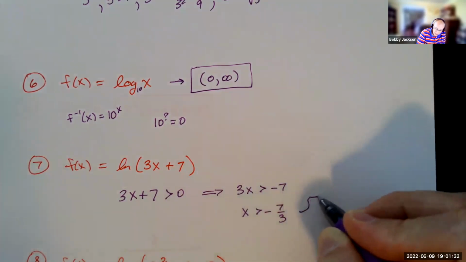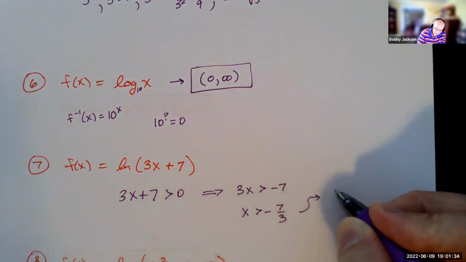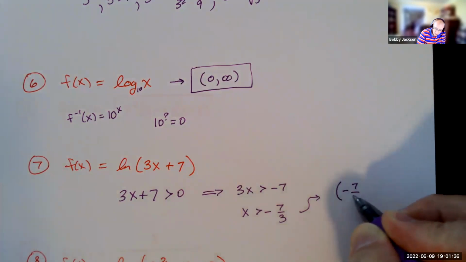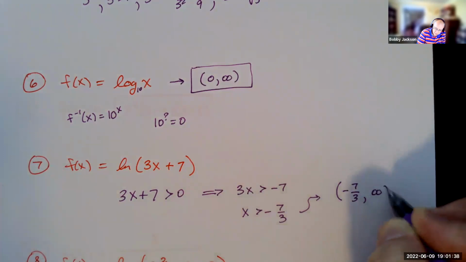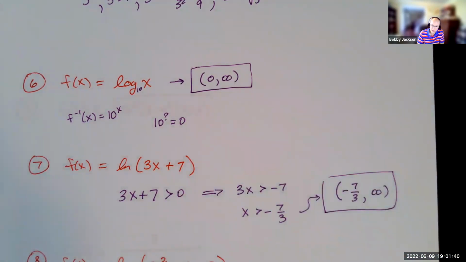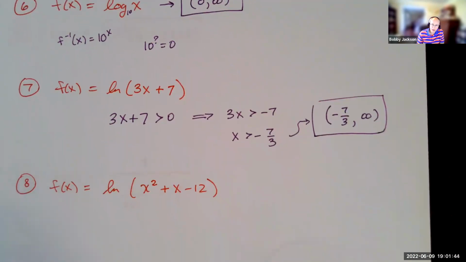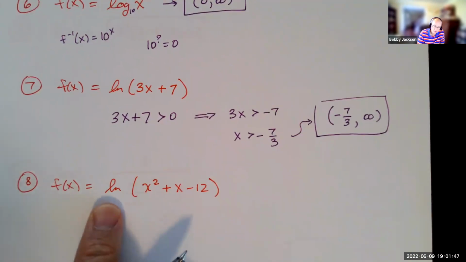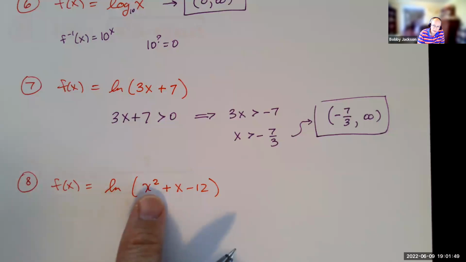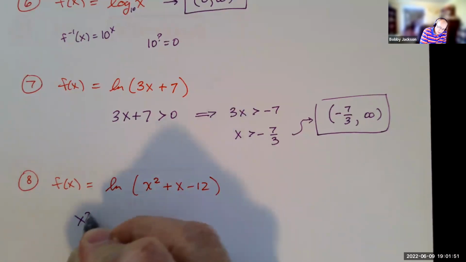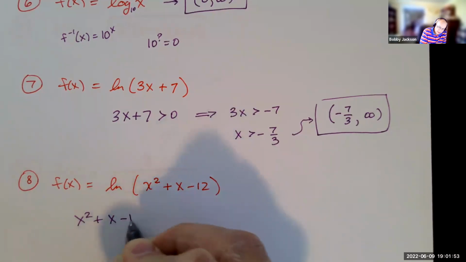So x is greater than negative 7/3. Don't include negative 7/3. There's the domain, everything greater than negative 7/3. So same thing here, another logarithmic function, again, base e. Here's the input. So we simply are going to take that input and we're going to make it greater than